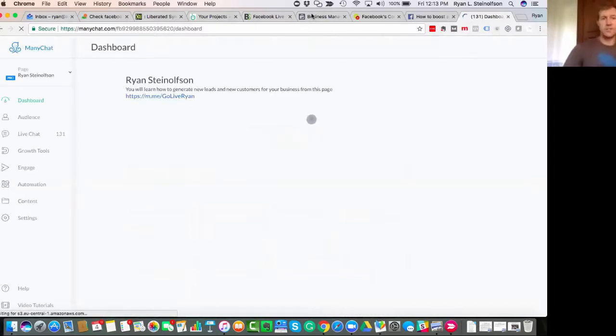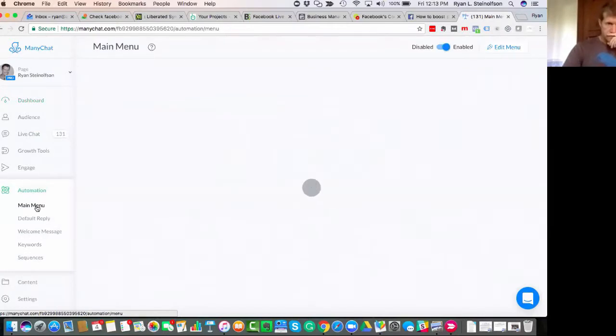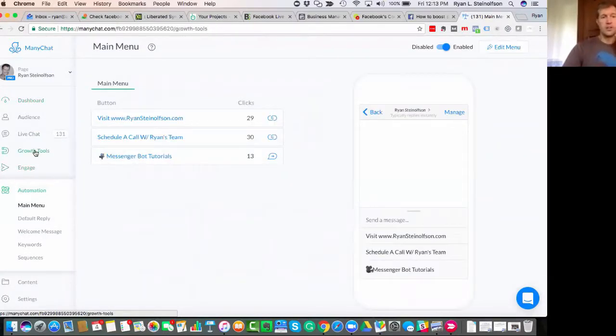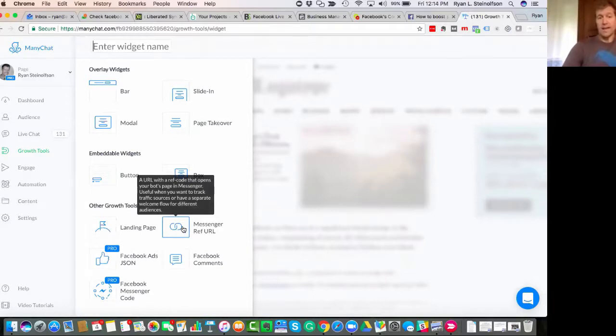So if you're trying to do Facebook Messenger automation, use a tool that helps you create the conversation that you're looking to create, okay? So here's how simple this is. In order to deliver that irresistible lead magnet that is a PDF or a case study, this is what you'd have to do. First and foremost, you would go to the growth tool section here, and you would go to new growth tool, and you can get people to jump into your offer by just giving them a message referral URL. If you create this link ahead of time, when they click on this,